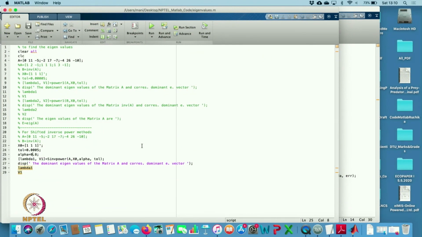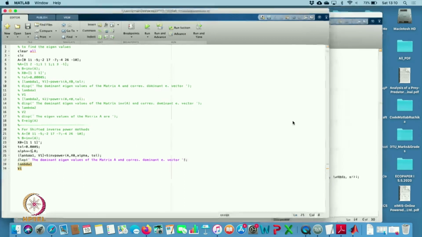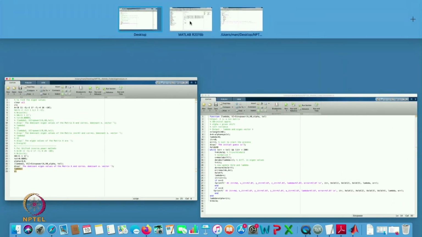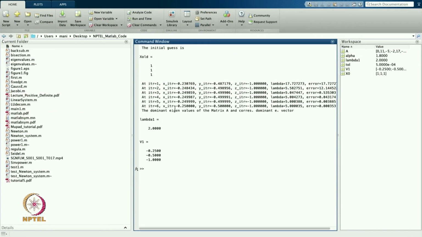So, I have taken alpha equal to 0.8. Let us see what will happen if I take close to 1.8. In this case also I am getting the value 2 even after the 6th iteration, and that is the corresponding eigenvector. This one I can find as